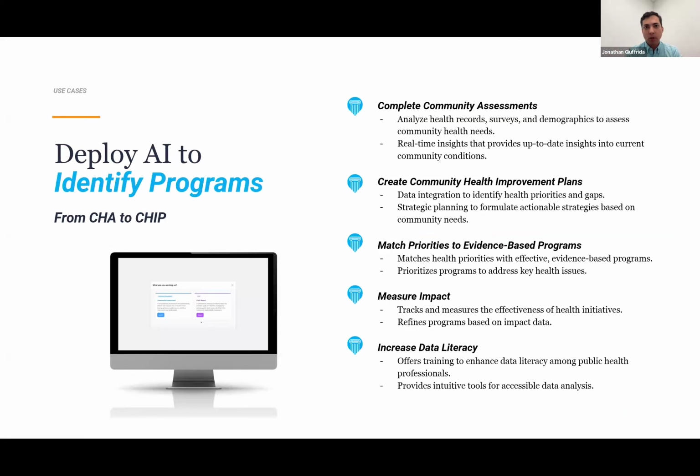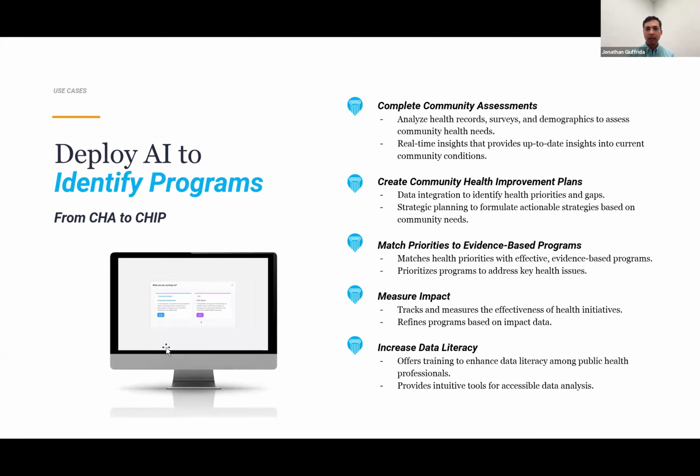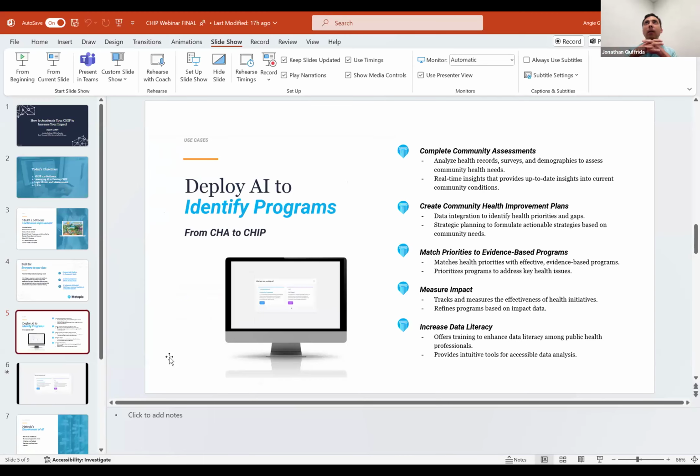AI is really good at that first draft, like I was saying, and we've built a model that can take those programs in that library. It doesn't have to exist already. We can craft something for you based on your community. So from there, you're presented with a form that has all of the information that we're drafting for you. You can edit that, but you've gotten a lot further already.